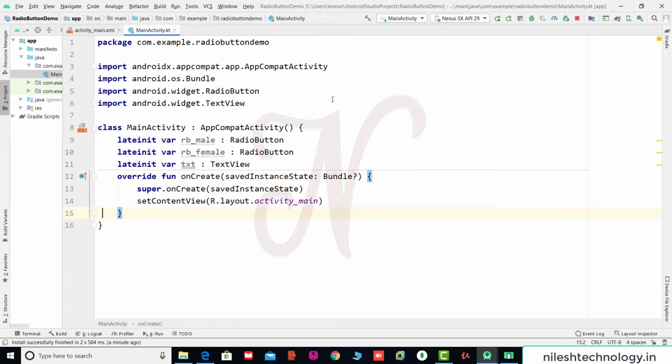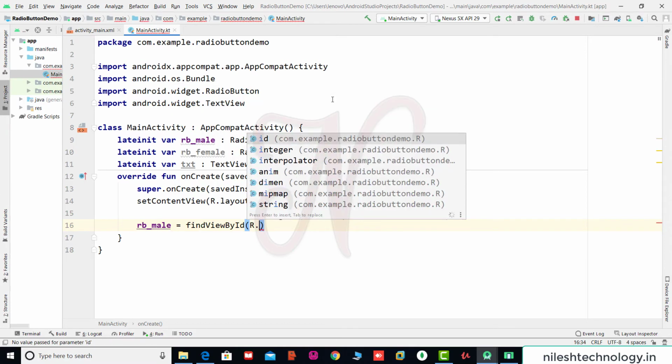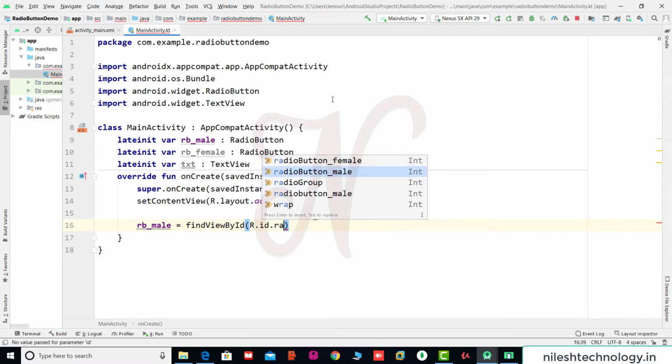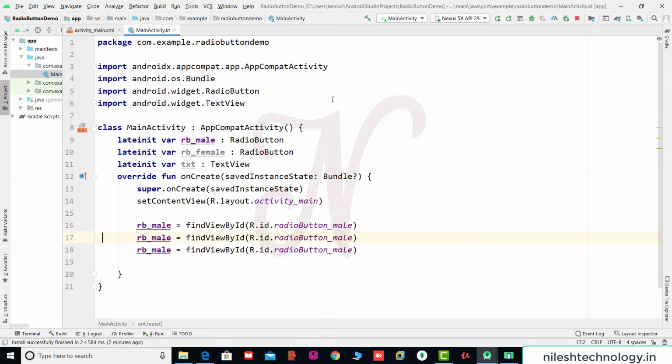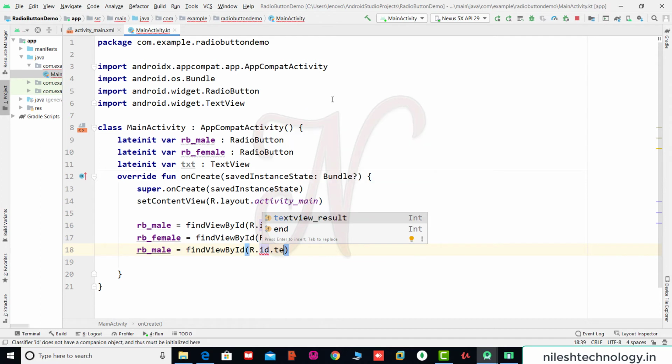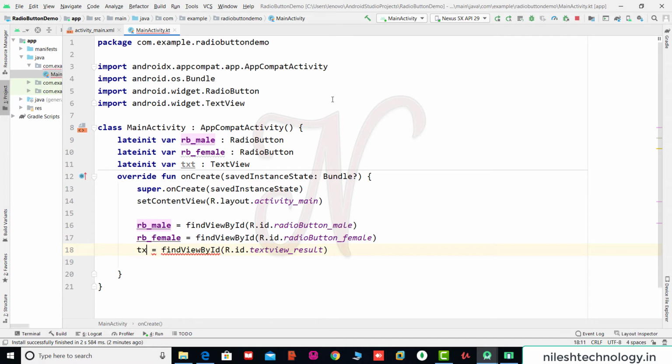Here we map these views. rb underscore male is equal to findViewById, R dot id dot radio button male. Same here, we copy and paste this code for rb underscore female. Then R dot id dot text view result for txt.